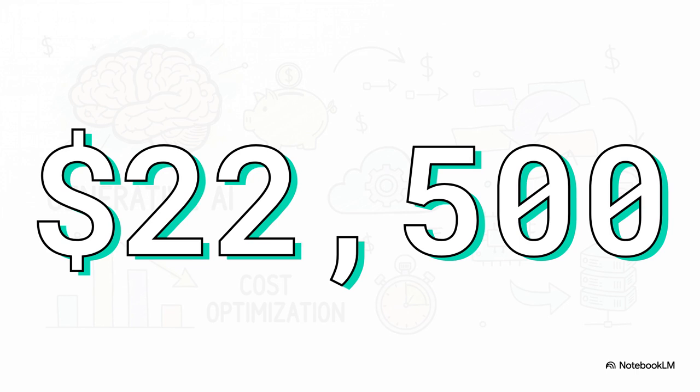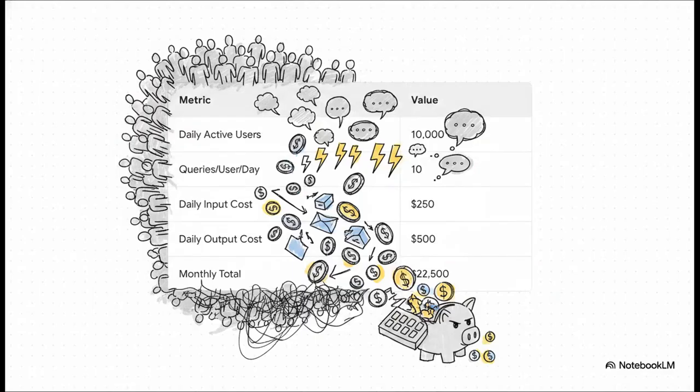22.5 grand. This represents the monthly LLM cost alone for a totally unoptimized app with just 10,000 daily active users, making maybe 10 queries a day. And remember, that's before you've charged your customers a single dime and before you've even paid for your databases or infrastructure. Let's actually break down the math here because it perfectly illustrates how fractions of a cent can cascade into